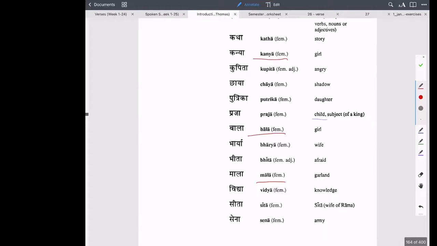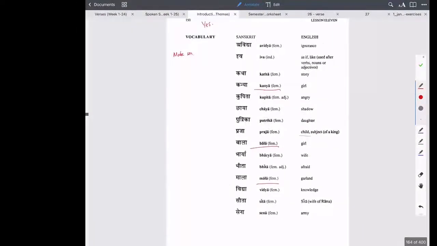Okay, then number 2 is create 10 sample sentences using words on this page, 150. The angry girl goes to the virtuous army. So 10 sentences in Devanagari, and then apply Sandhi. Only 10, that's not a lot. Your own sentences, so you can keep them as short or as long as you wish. And finally, it is now time to give you a project which you will have about 1 month to complete.